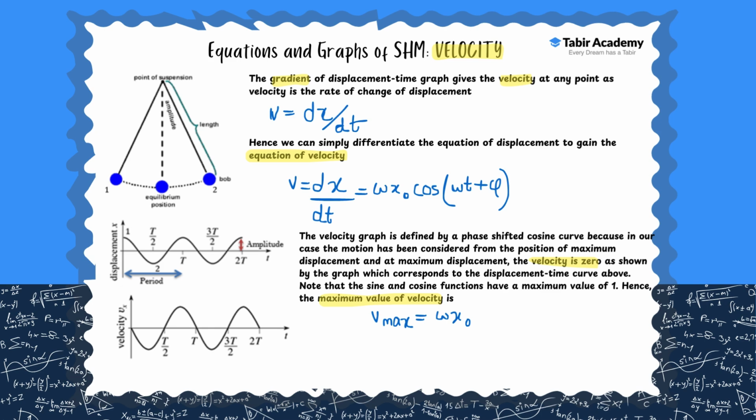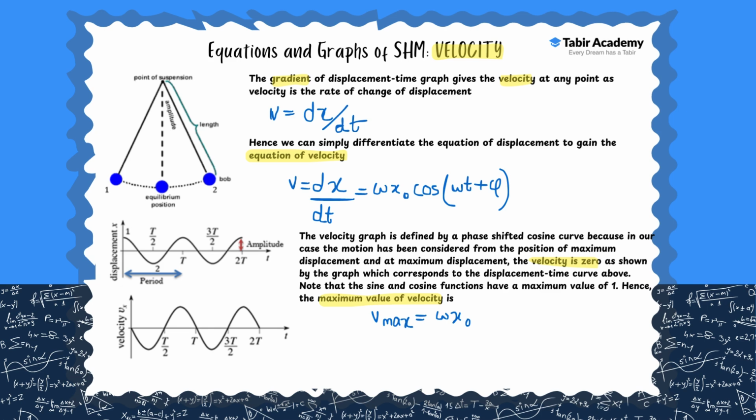So if we now want to find the equation of velocity, we can simply differentiate the equation of displacement to gain the equation of velocity. And by doing this, we'll get the equation where v equals w x naught cos(wt plus p). In this case, again, we have considered the motion of the object from the position of maximum displacement,